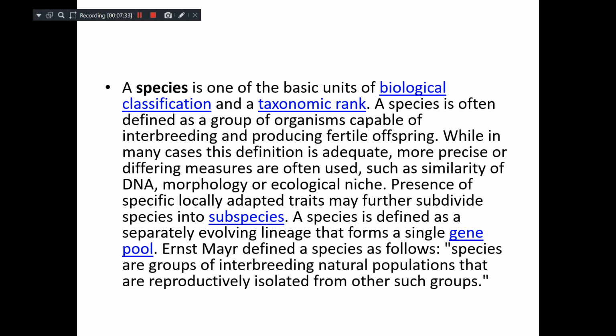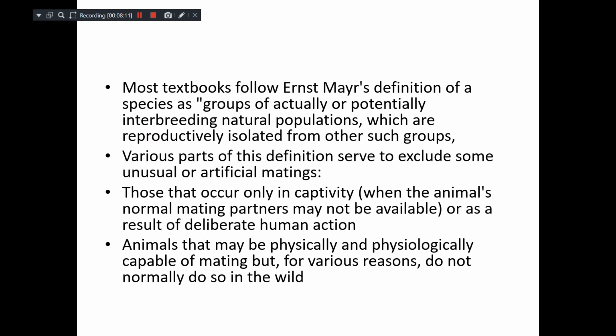This group should be reproductively isolated from other such groups. There may be other groups which may be similar to this, but they should not interbreed with them. That means they are a reproductively isolated group, and it should be a natural population, and they should be able to interbreed among themselves, and at the same time they should isolate themselves from other such groups, preventing interbreeding. This is the most accepted definition given by the